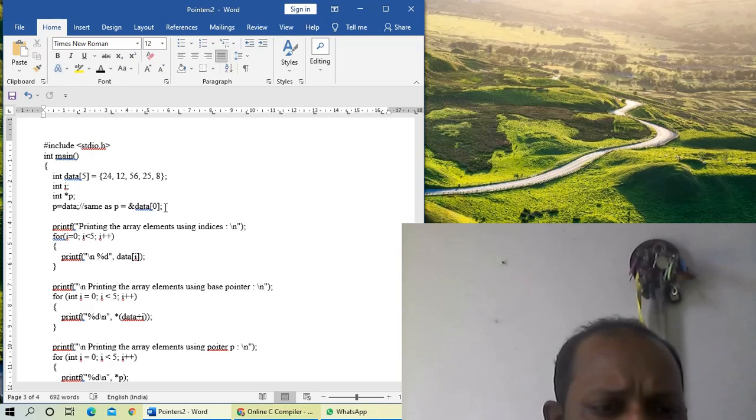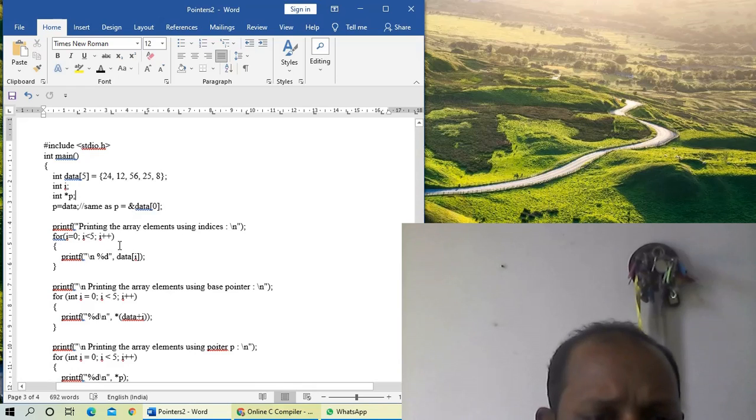Now I am printing the elements of the array using indices. That is, for i = 0, i < 5, i++, printf %d data[i]. There is no doubt.